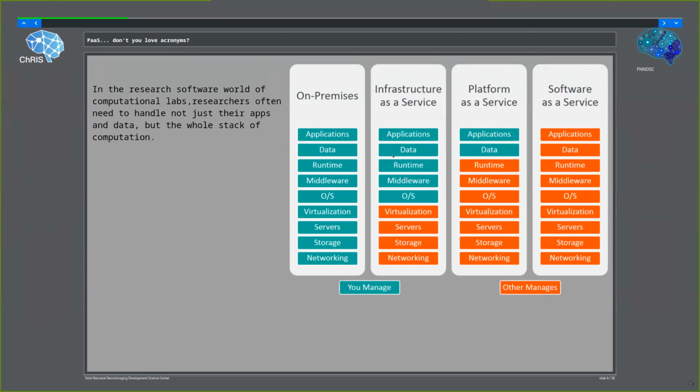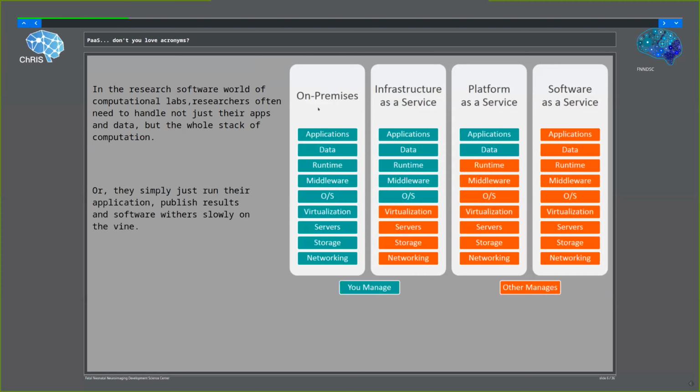This is quite different to the normal research computing world, where researchers who then act like programmers live very much on the far left. And they are responsible for everything: their data, applications, the operating system, versions of libraries of programs. And they spend a lot of time doing stuff that they don't really like to do, right? Which is managing the infrastructure around their compute.